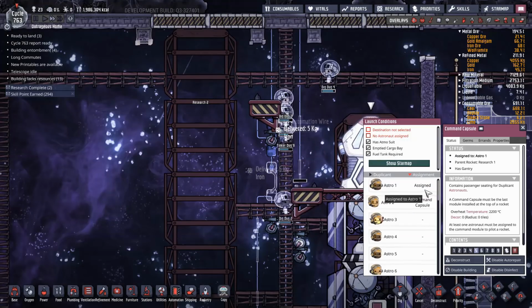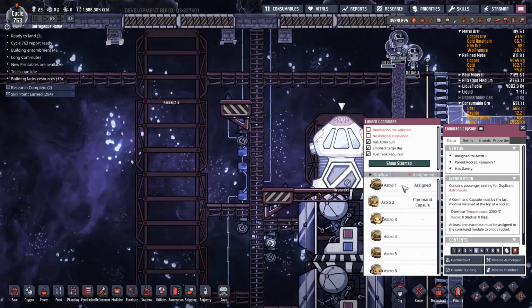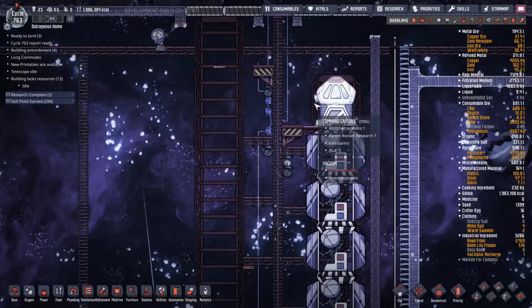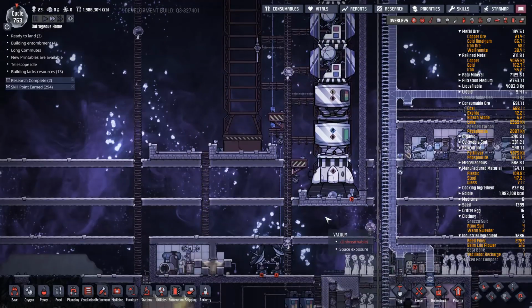Now, how are we looking on? No, I assigned an astronaut. There is an astronaut assigned. Where are you, Astro 1? We need you. Once Astro 1 is on board, we can launch the second rocket. And that should give us...